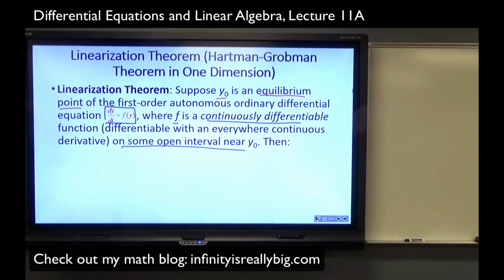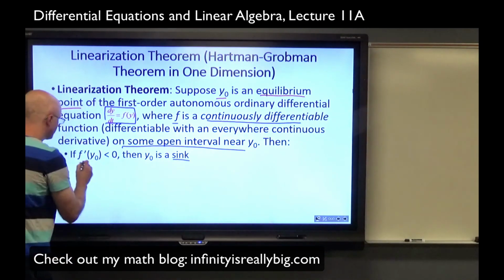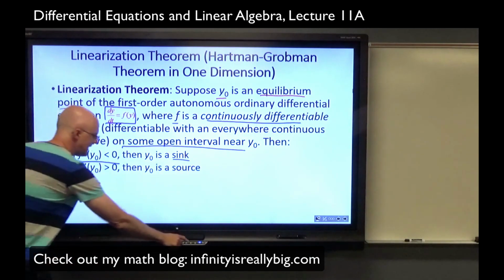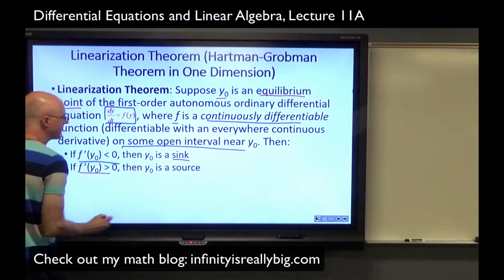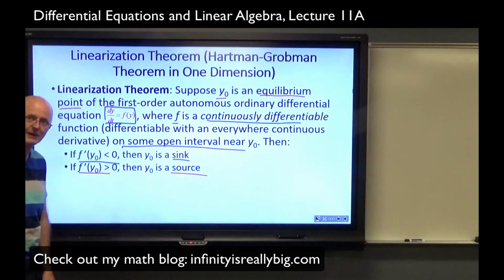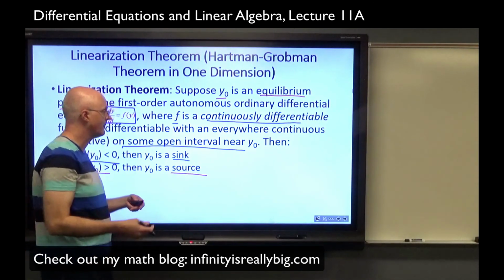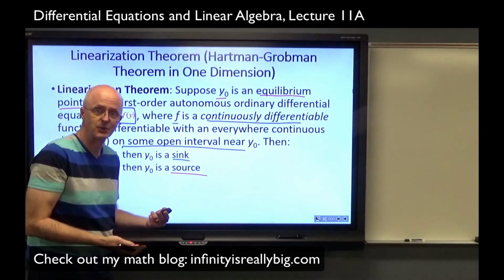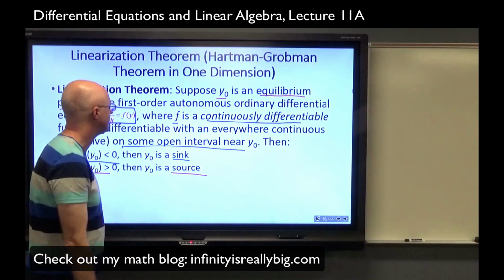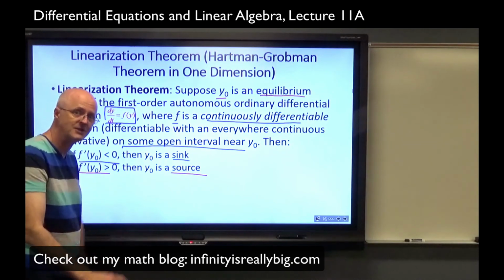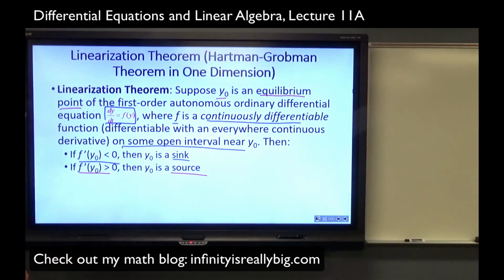Two main bullet points, and then a third bullet point kind of just completes this thing. These first two are ones you can actually prove, though. If f prime of y0 is negative, then y0 is a sink. And if f prime of y0 is positive, then y0 is a source. Okay, and I gave you visual reasons for why this is true in lecture 10A. If you need to be reminded of that, you should watch lecture 10A, perhaps about 8 or 9 minutes in,